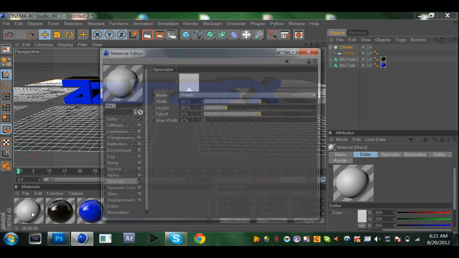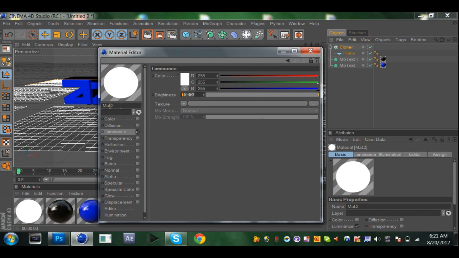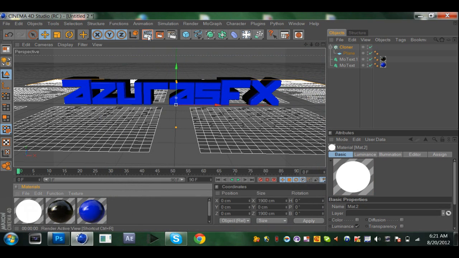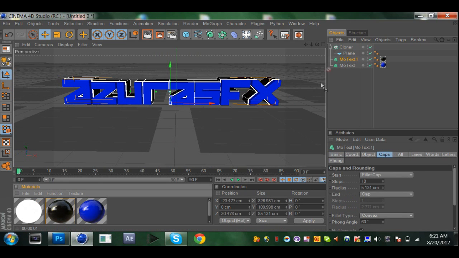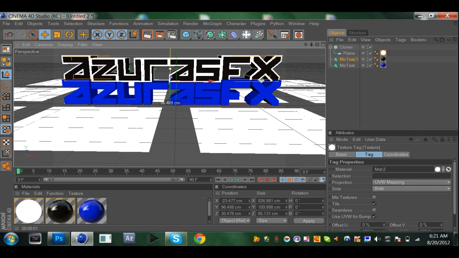Then go to this color right here and uncheck color, uncheck specular, and go to luminance and check that on, and change the brightness to 200%. And as you see, before I do apply it, if we render it out, we can't see anything because of the global illumination. Now if we drag the luminance onto the plane and drag it above the text, oh shit,